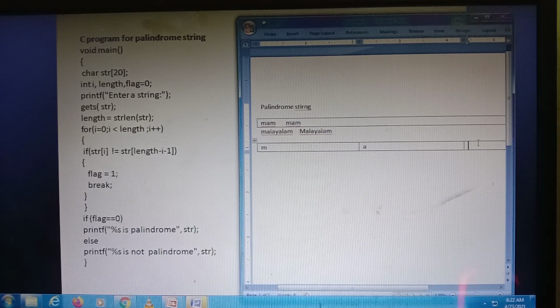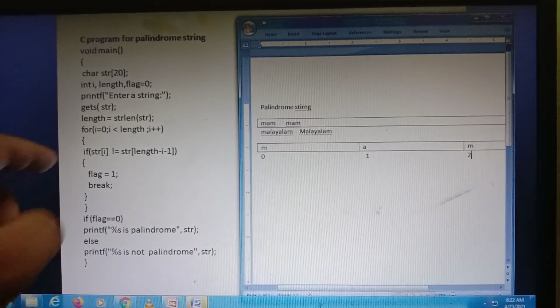So it is at the 0th position, STR of 0, STR of 1, STR of 2, 0 1 2.